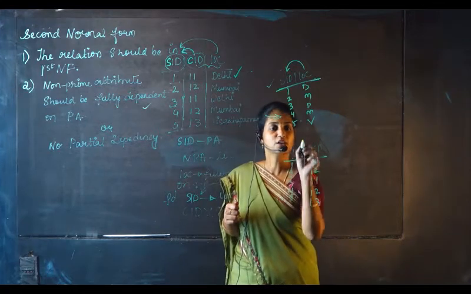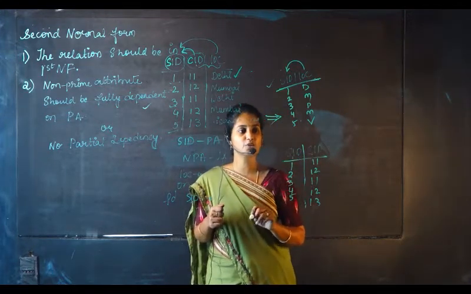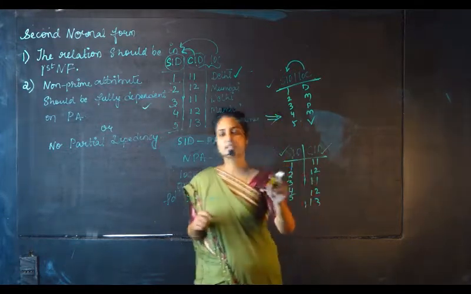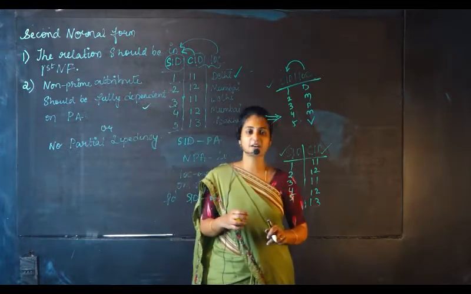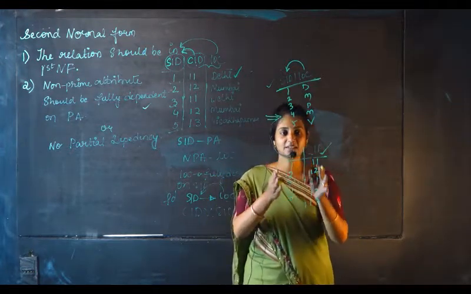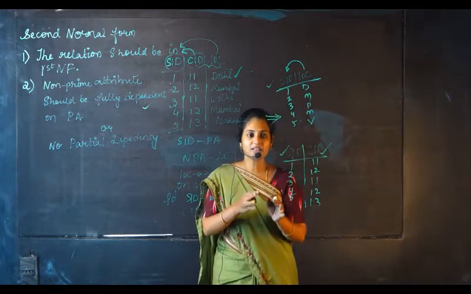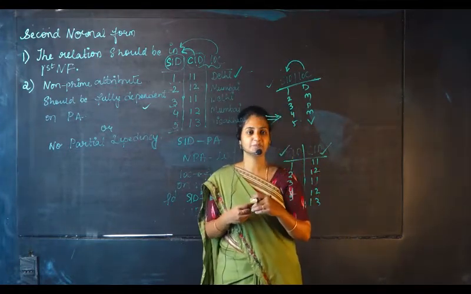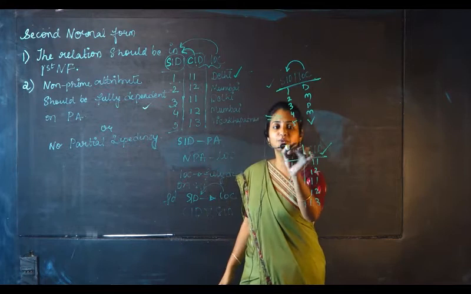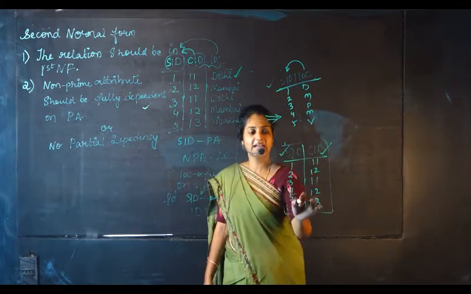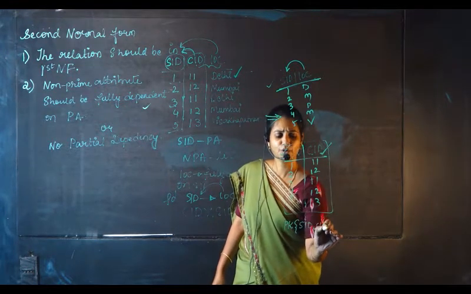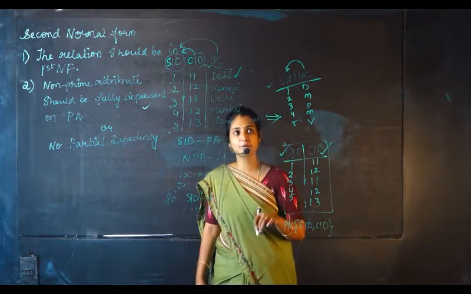Here you do not have any non-prime attributes. The student ID as well as course ID, both are prime attributes. Did we say that no two prime attributes should be present? No. So these two prime attributes can be there, and together they determine the courses taken up by the student. How many courses are taken up by each student, all that information you can retrieve from this table. And this table has a composite primary key. Yes, this table has a composite primary key.